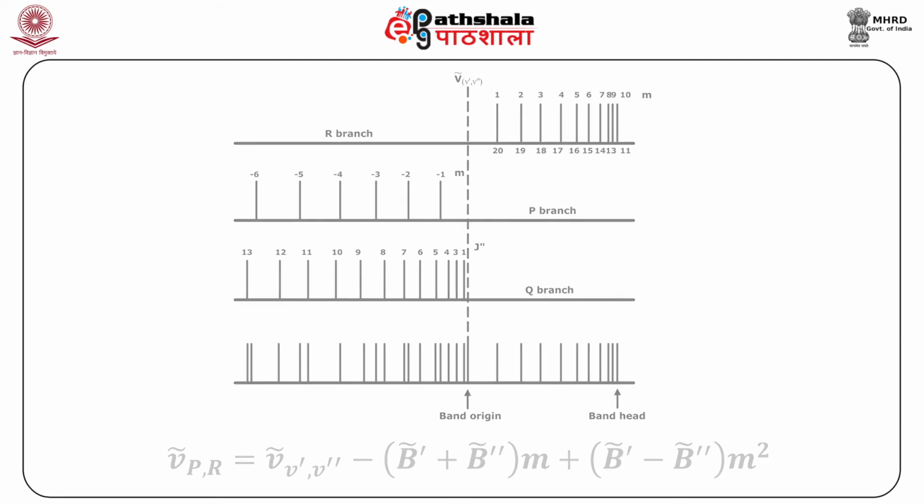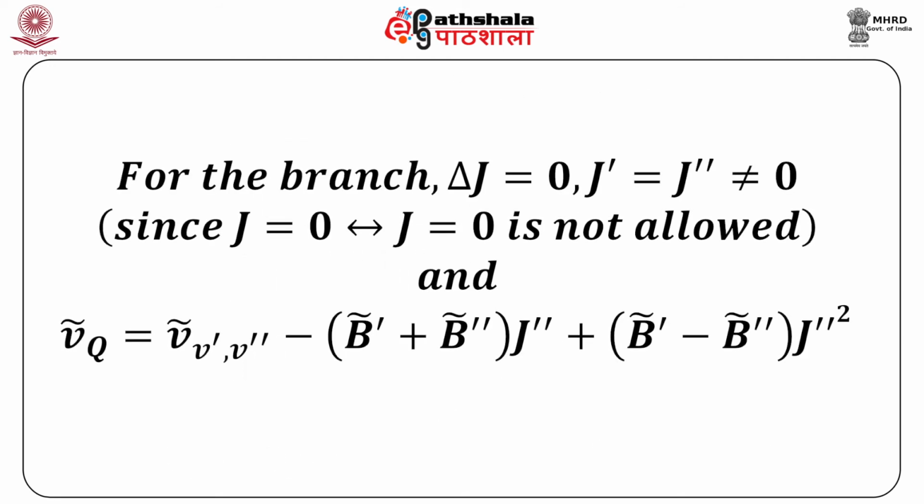transition looks like. For the Q branch, delta J is equal to 0, J prime is equal to J double prime, and this is not equal to 0, since J equal to 0 to J equal to 0 is not an allowed transition, and nu bar is the v prime v double prime vibronic transition minus (B prime plus B double prime) into J double prime plus (B prime minus B double prime) into J double prime square. The Q branch lies on the low wave number side of the origin, since both the last two terms are